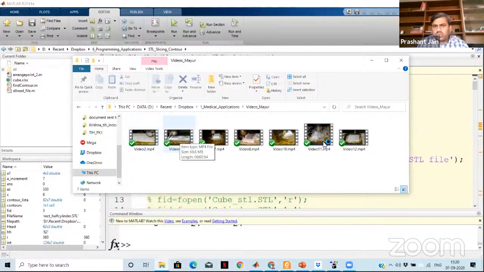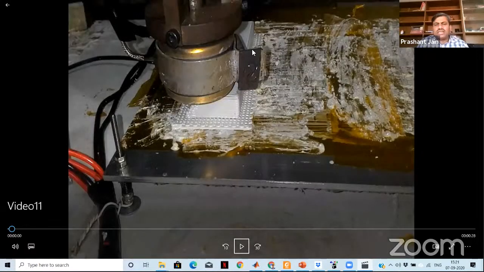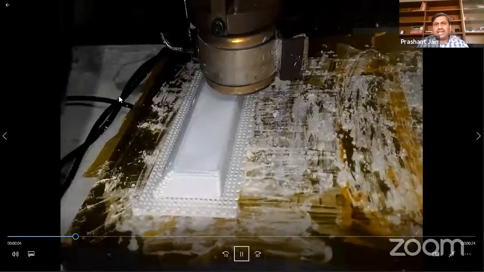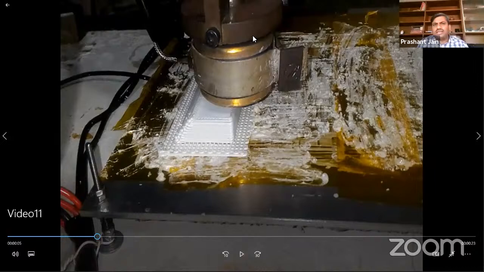Look at this deposition video. This is newly developed on our CNC machine. Here you can see there is a heated nozzle, and from outside we are giving the heat, and inside, on the top, there is an extruder head. So instead of wire spool, we fill the pellets of ABS, right? Now these ABS pellets are melted within this nozzle, and on the top there is a screw which is directly connected with the CNC milling machine. So that material is coming out of this nozzle, right?